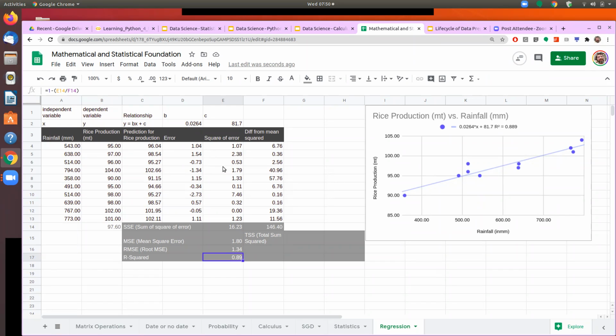The question that you may ask is, why do we need to do those? Because Excel or Google Sheet can always give us these numbers. Why do we want to try out all these things that we were doing earlier? But the problem is that the kind of data, or the size of data, that we will deal with is not really possible to have in Excel or Google Sheet, because